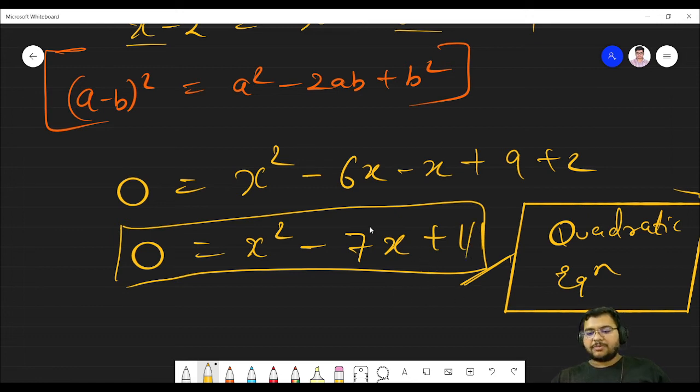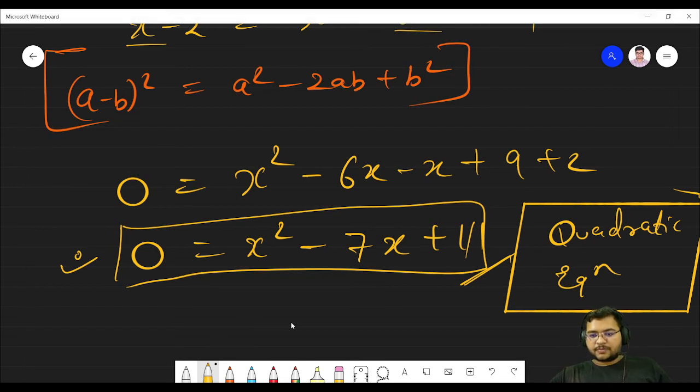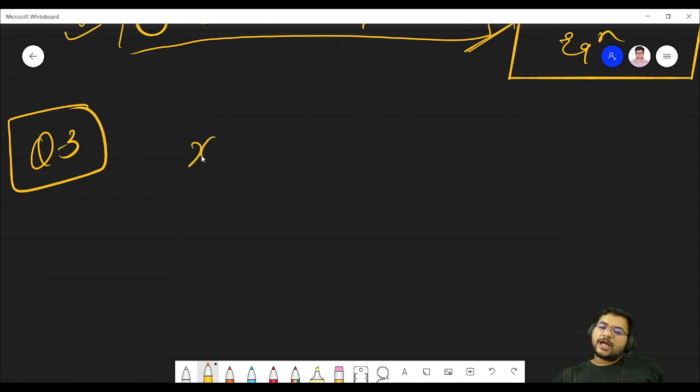Right now I am not giving you the solution because you might not know how to solve this type of question and you will face difficulty solving it. Another thing we can do is solve one more question. Question 3: (x + 3)^2 = 121.